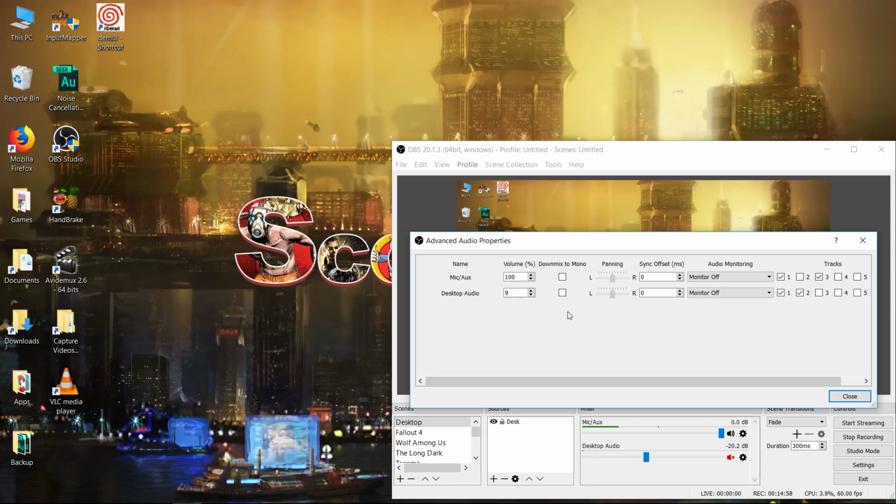But anyways, back to the topic in hand. These are your multi-audio tracks. So as you can see, I've got multi-audio track 1 recording both my microphone and desktop audio on a single track. And for the most part, that is suitable. If you get no errors, you don't need to change anything. That's happy days. But I've got audio track 2 only recording my desktop audio, and my audio track 3 only